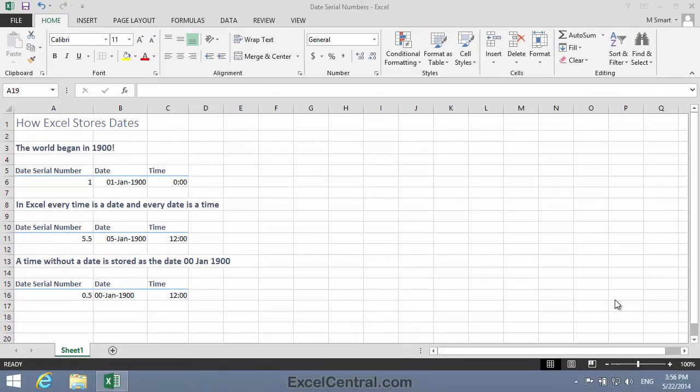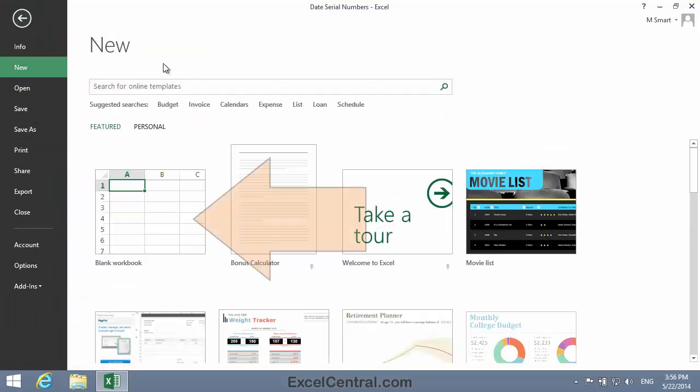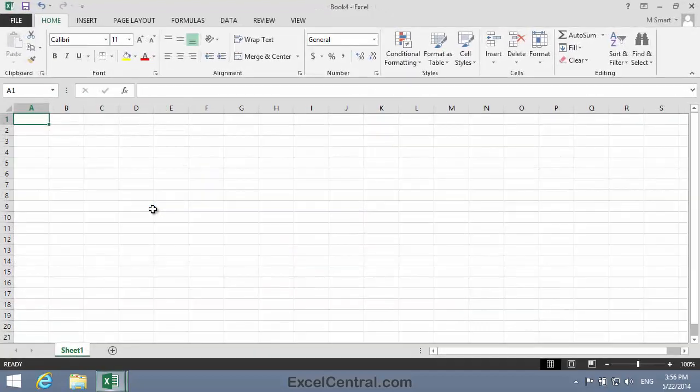Now that you broadly understand how date serial numbers work, let's see them in action by creating a test worksheet. I'll click the File button and then the New button, and then I'll open a blank workbook.